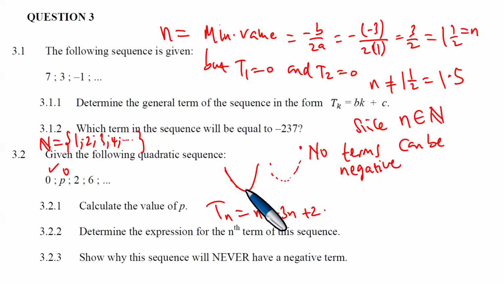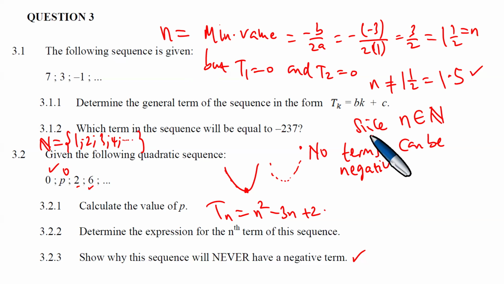The minimum value, we want to get the negative terms, because now these are positive terms. So this will possibly be the smallest one. And you're able to see that if we want to get n, we're getting 1.5,